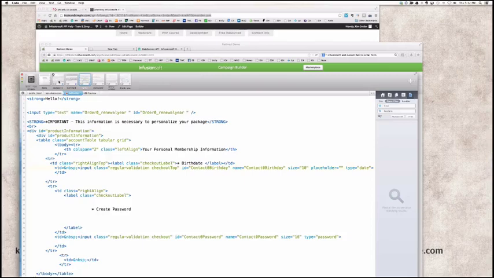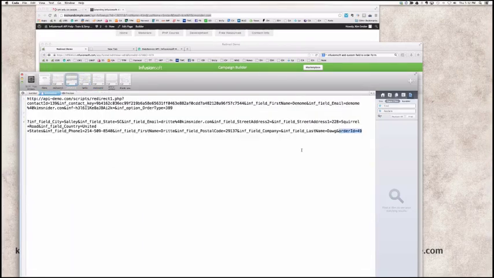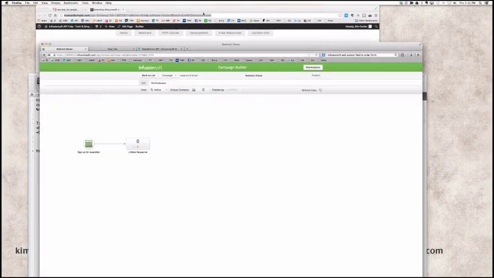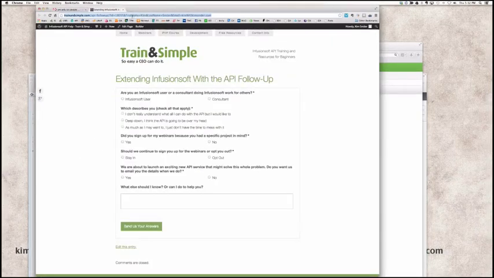Here's the query string that automation link just sent. It sent everything I needed, actually. It sent your ID. It sent your first name, so I could say, hello, Kim. Last name, fine. And it sent your email address. So I now know that. And it's been passed along to my website, to this Gravity form on my website. Now,